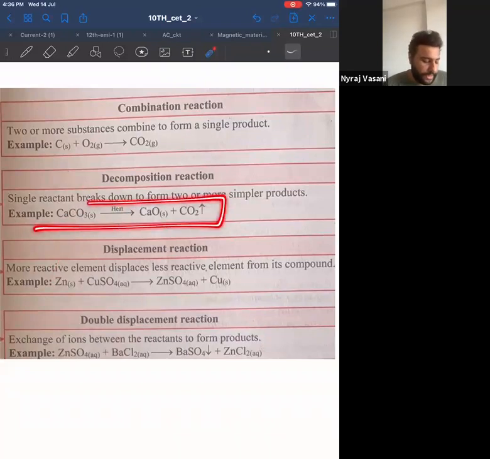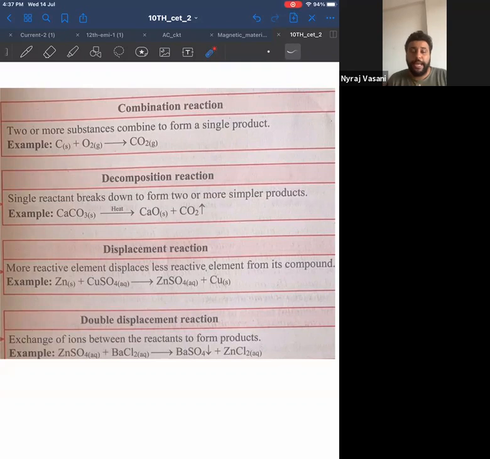Therefore, this is an example of decomposition reaction. Exactly opposite of combination. You might have heard of nuclear fusion and nuclear fission. You know what is fusion and fission? Fusion means when many things come together to form a single nuclei, and fission is when one thing breaks into smaller nuclei. Same thing, combination, many small things combine to get a bigger thing, and decomposition means one thing splits